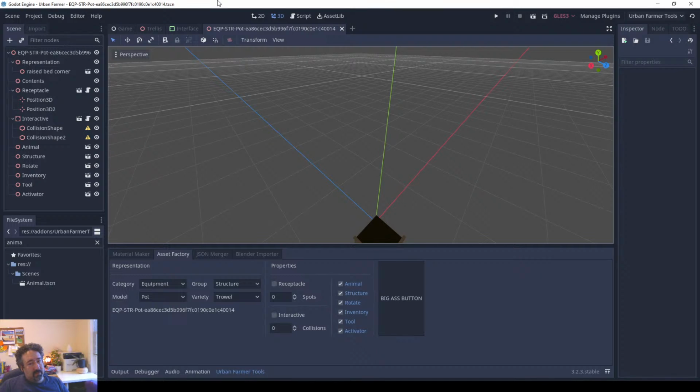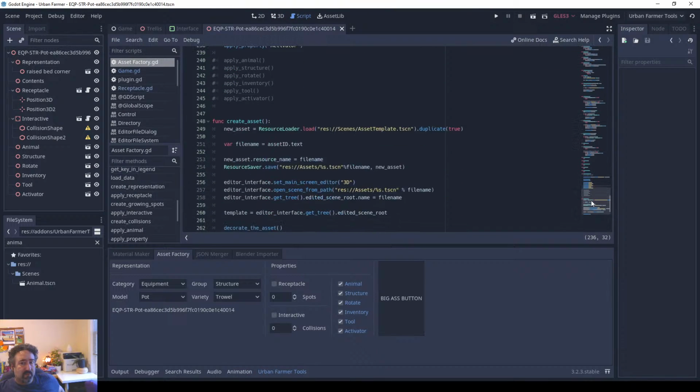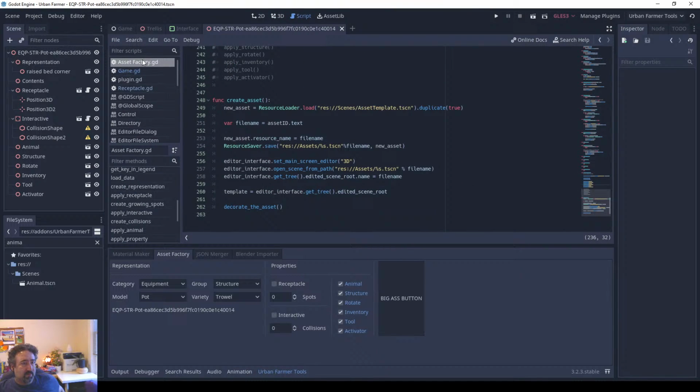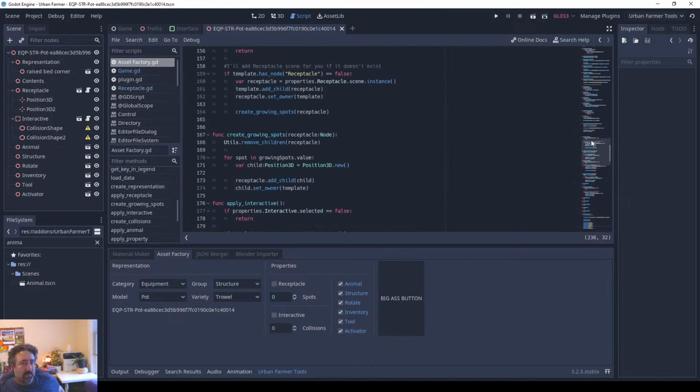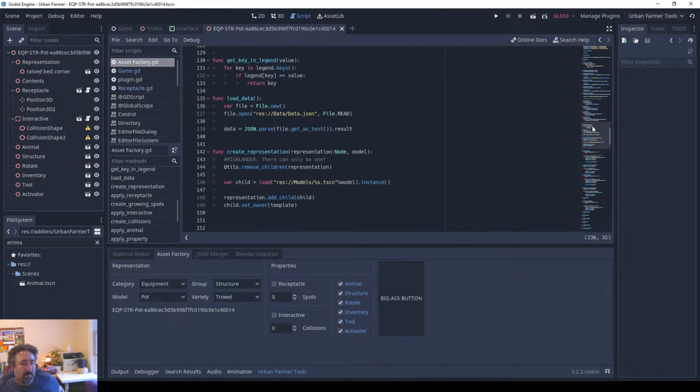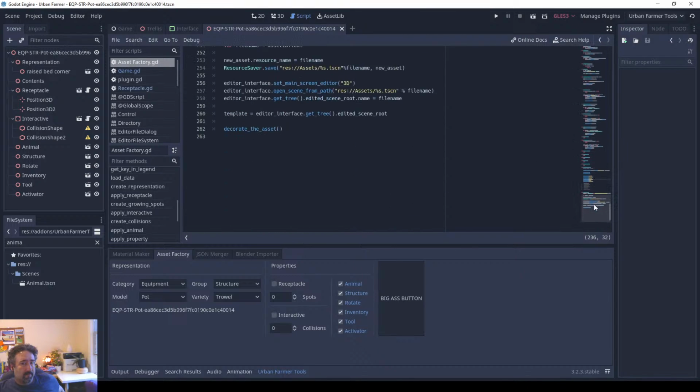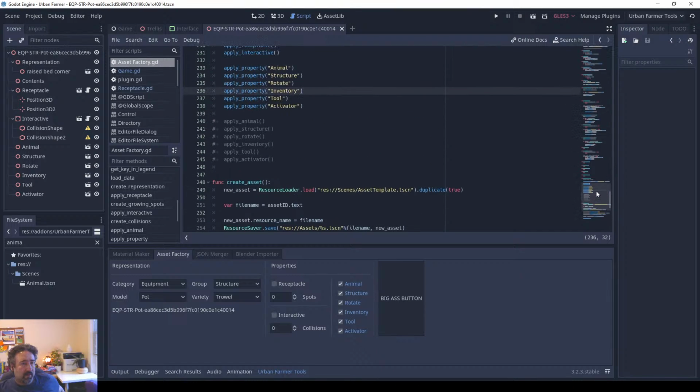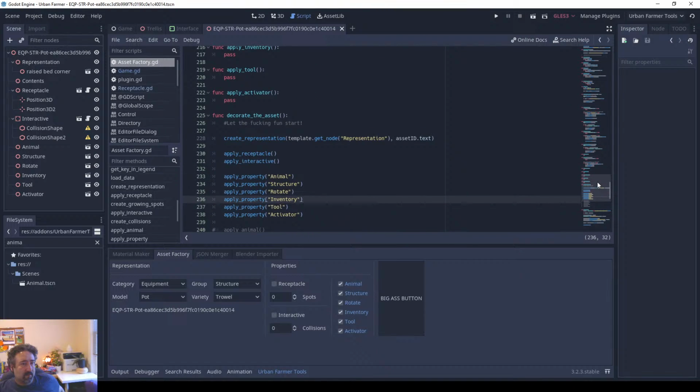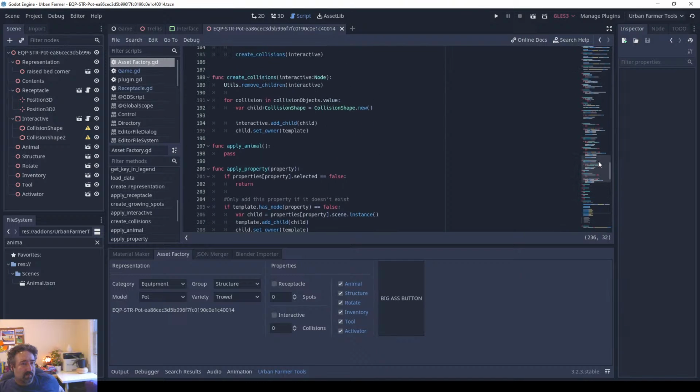I think we may have got to that point where we do more game development to see how much more we can improve this plugin. And also, if possible, at some point, probably break down this. I don't know what I can do, but let's see. Create asset. Then we have the property